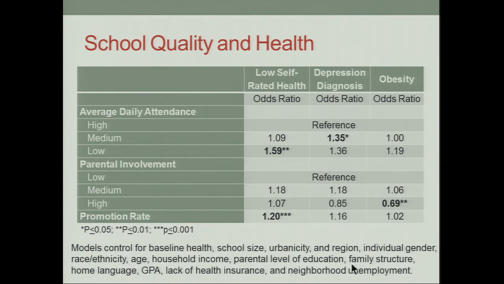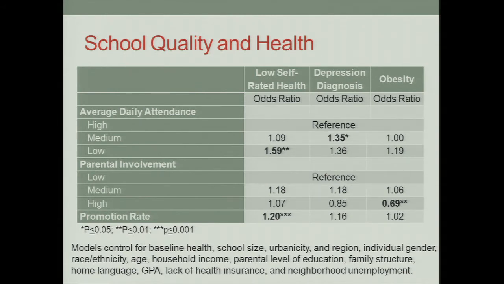So after we controlled for a whole host of sociodemographics and their baseline health status, as well as their individual school performance, high school quality was actually associated with all three of our adult health outcomes. As we anticipated, going to a high school with lower average daily attendance predicted lower general self-rated health when folks were adults and a higher odds of being diagnosed with depression. Meanwhile, more school-wide parental involvement predicted lower odds of individual obesity in adulthood. So at least with respect to these measures, attending what we considered to be a higher quality school did predict